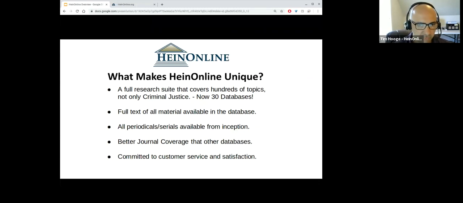On top of that, we offer full text of all the material that we have available within the database. You're not going to find abstracts. You're not going to find summaries. Everything is available, and we'll go into that in just a little bit more detail in terms of the text of the material. All the periodicals and serials that we have available in HeinOnline go back to inception. So we're talking day one, issue one, volume one, whatever the case may be.